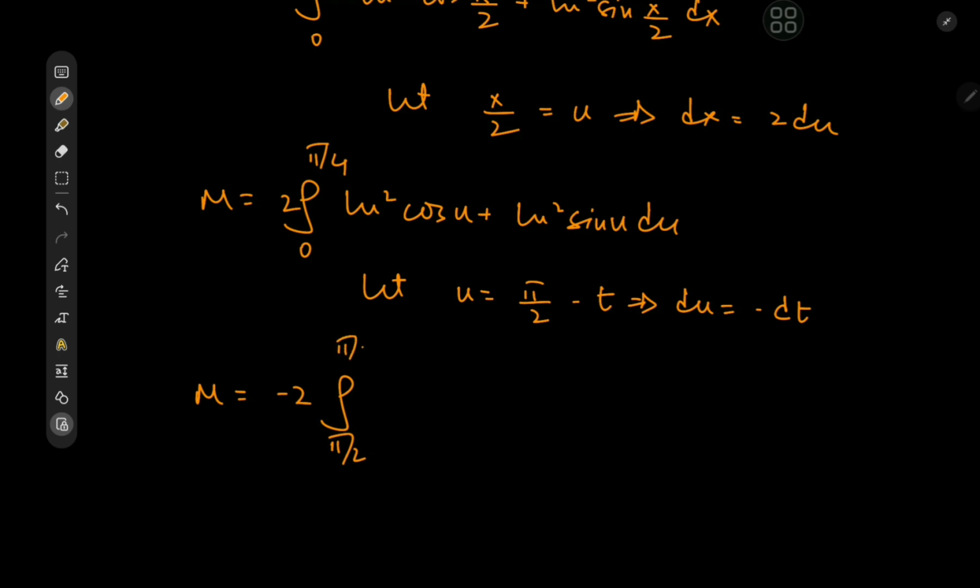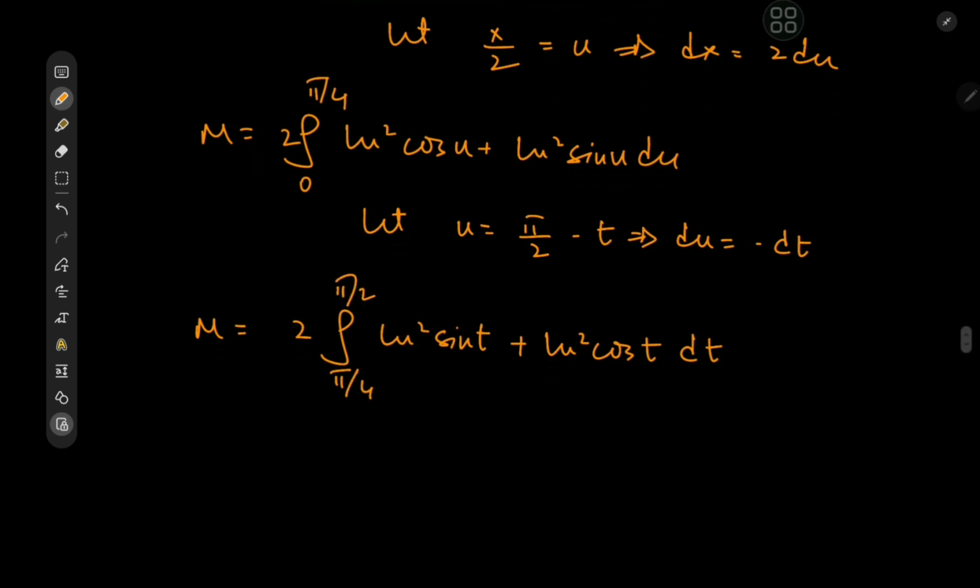pi by 4 is just pi by 4, and we have log square cosine pi by 2 minus t is of course sine t, so we have log square sine t, and plus sign here, log square cosine t, integration with respect to t, and of course by switching up the limits, we are rid of the extra negative sign outside. So we have the integral from pi by 4 to pi by 2, and this is actually very, very